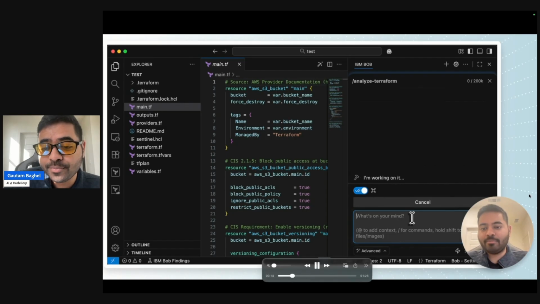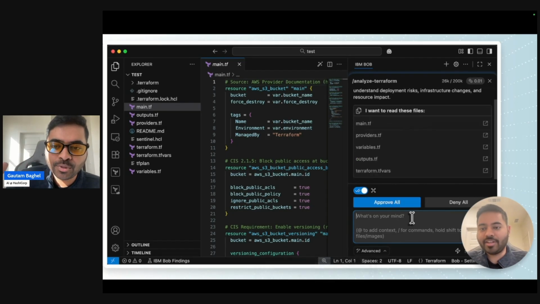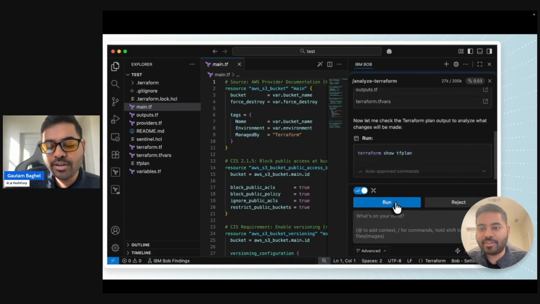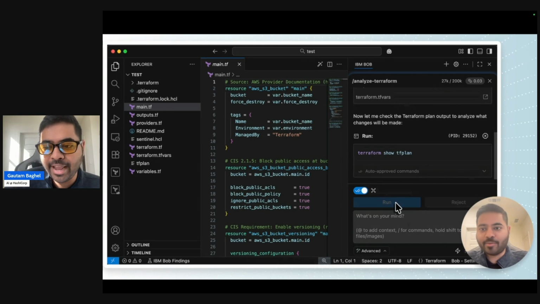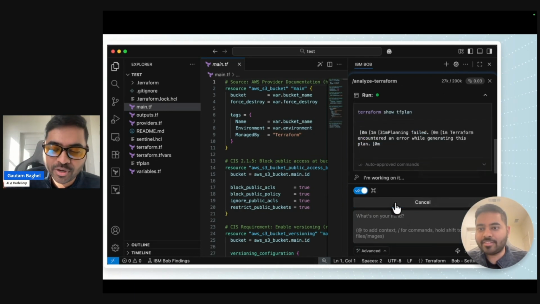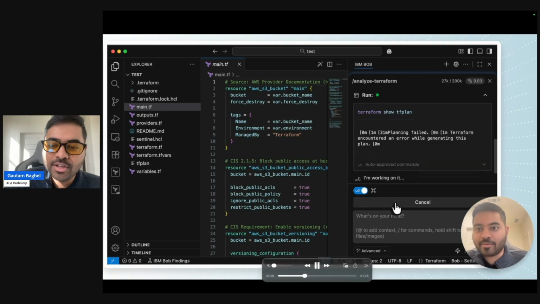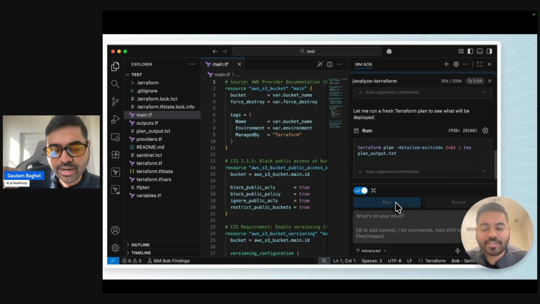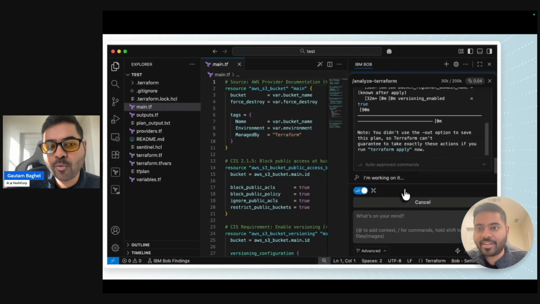So I want the agent to be able to, after we saw how it generates the code, run Terraform plan and figure out what I'm actually deploying and analyze that workflow. Analyze what am I actually trying to deploy? What is the risk? If I create this infrastructure today, what is the risk that I'm taking by